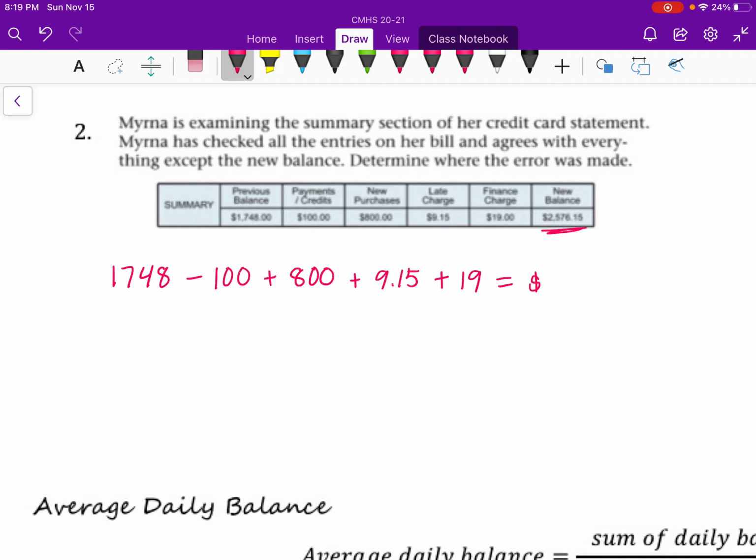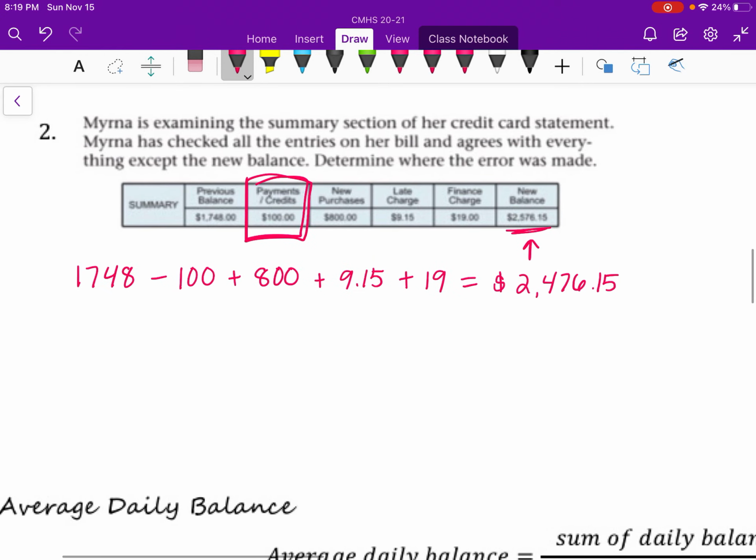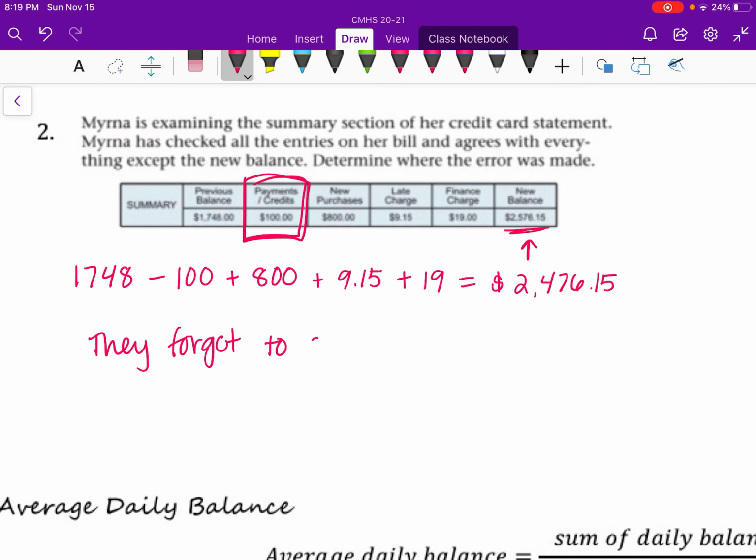I got $2,476.15, and they got $2,576.15. So we were $100 less, and what I think they did wrong was I think they forgot to subtract the payment. So what I'm going to say is they forgot to subtract her payment,